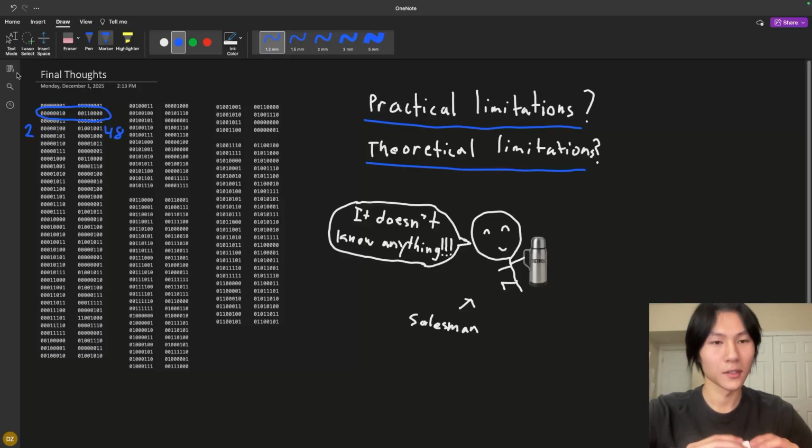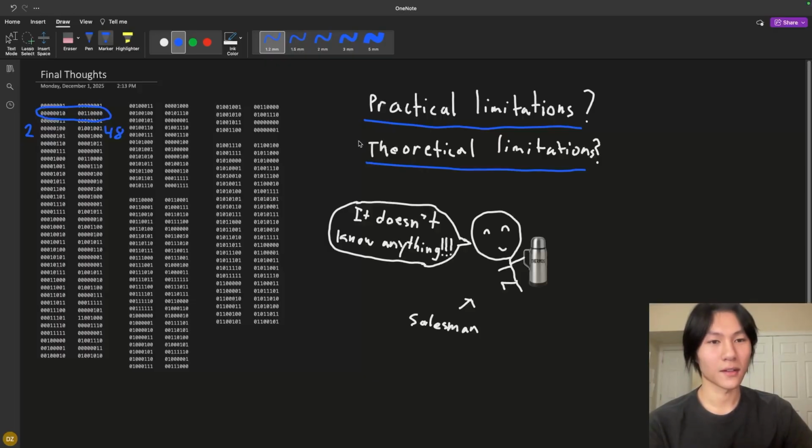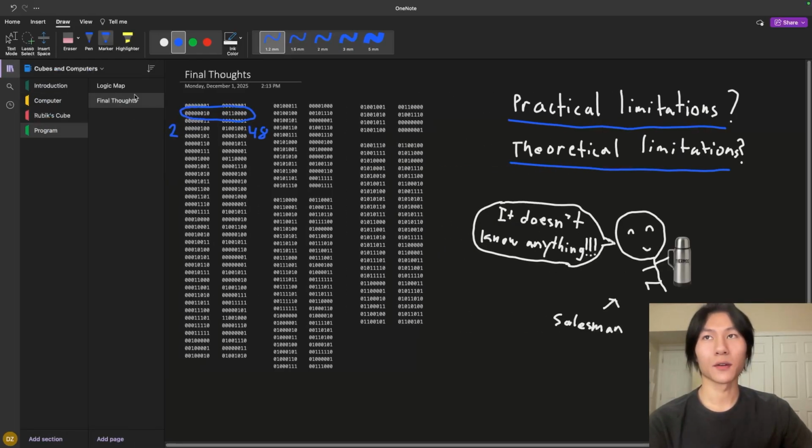And people who are really good at solving them typically use solutions that are 50 to 60 moves, somewhere in that ballpark. So we aren't even close to them, you know? So yeah, there's probably a better way to go about this. This is just the way that I chose to do it. And as for theoretical limitations, well, the biggest limitation would probably be just the number of mailboxes that we have, how much memory, right? If we go back to our code here,